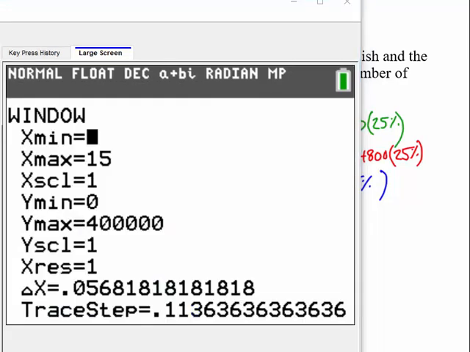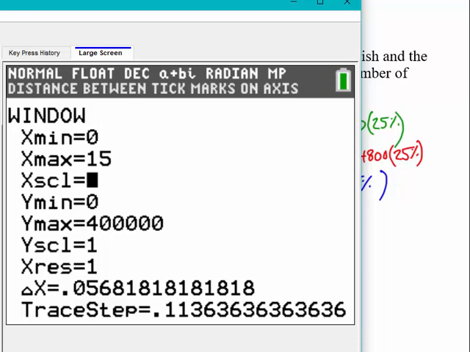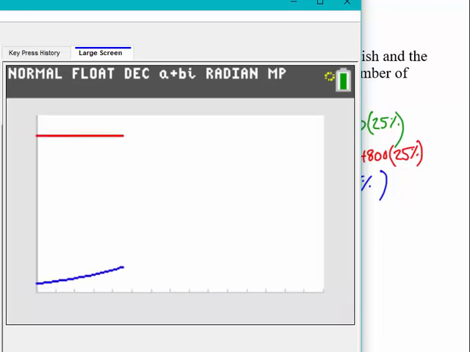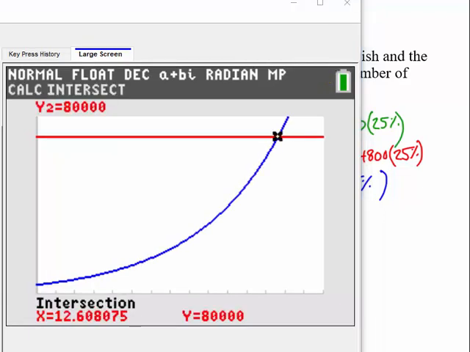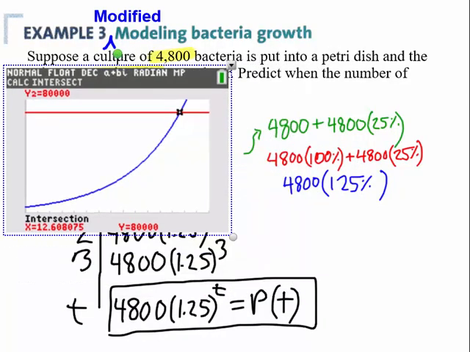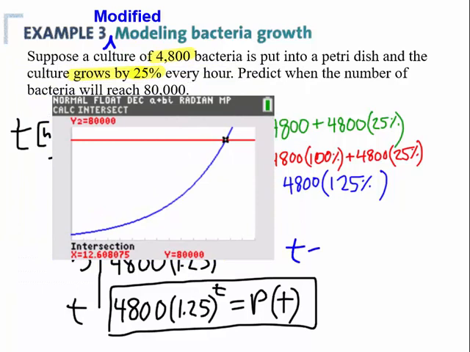So the Xmin and Xmax I had left over from last time are good. This time I'll just make this 90,000, a little bit higher than the 80,000 target. And we'll once again use calc intersect to find that the intersection occurs this time at 12.608. So our answer here this time is t equals